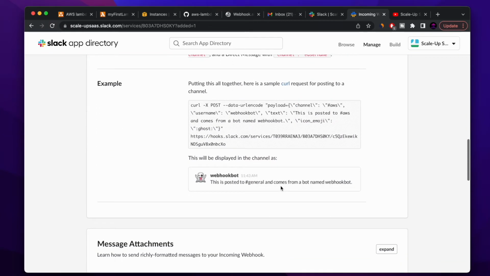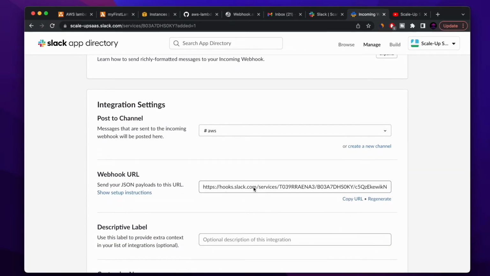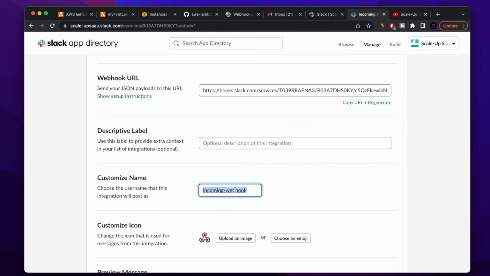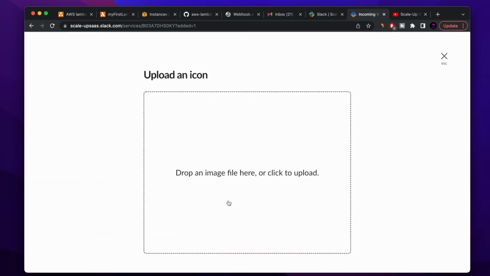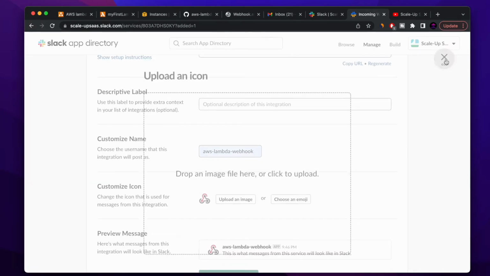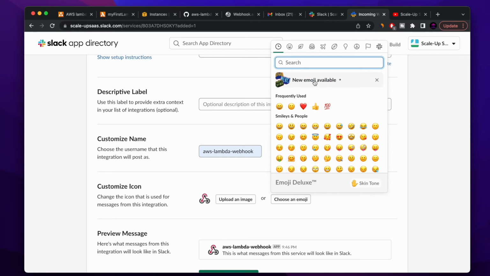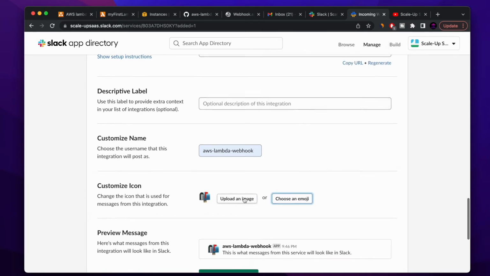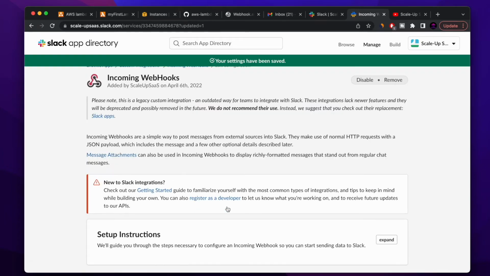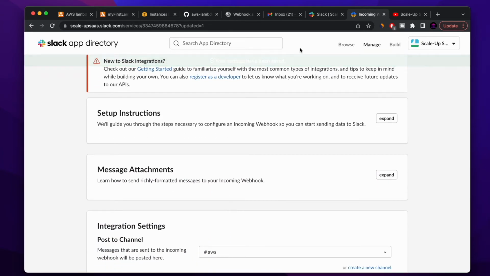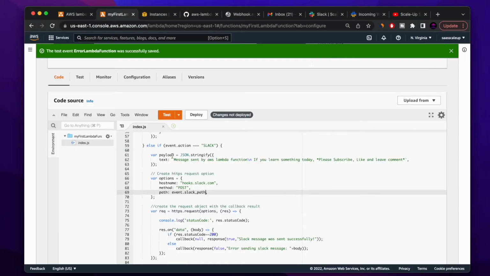So in order for us to send a post request message to Slack, we need to have the Slack webhook URL, and we also need to define the channel and the username and all the other stuff like the icon and also the text. So I'm gonna predefine it here with the Slack app integration. Okay, perfect. We created our Slack integration,